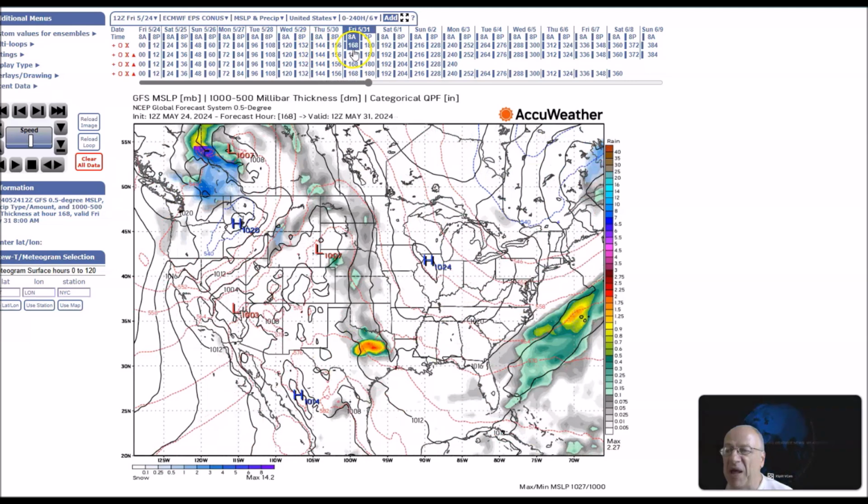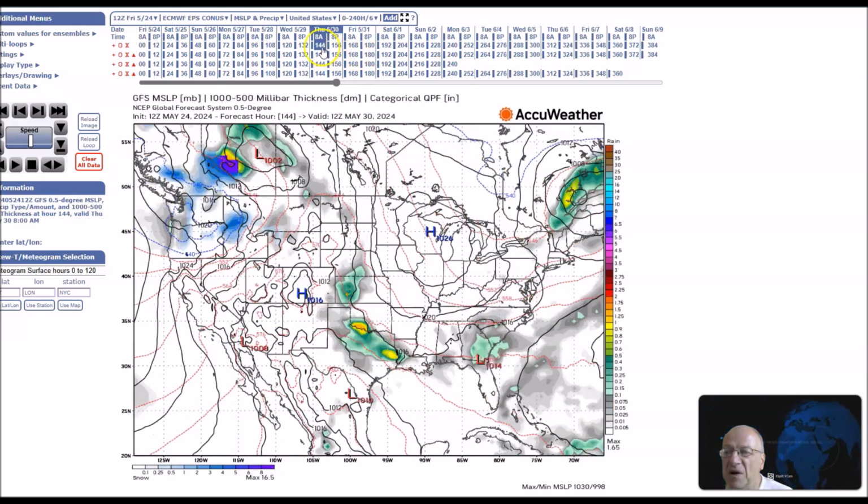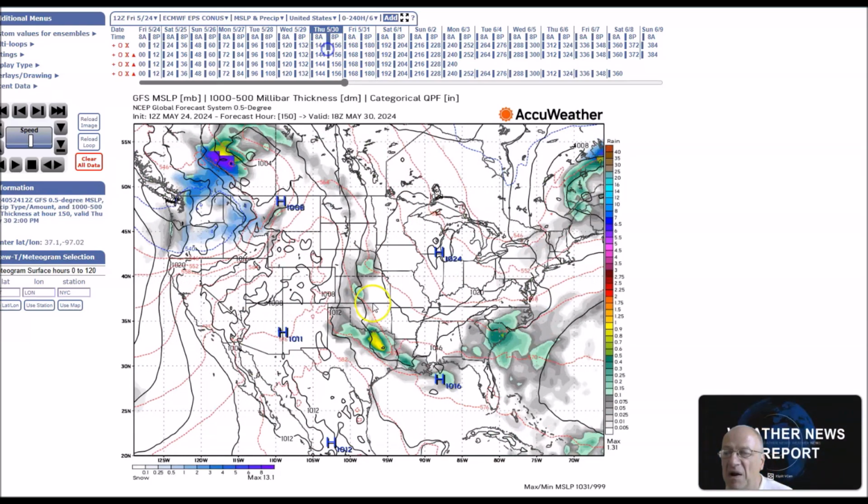We'll have several frontal boundaries that will be moving into the east, and a front could stall near the Gulf Coast as moisture pools along the boundary and interacts with favorable instability, which will cause rain and storms across the area. And a deep upper low will also approach the northwest and send a frontal boundary across the region